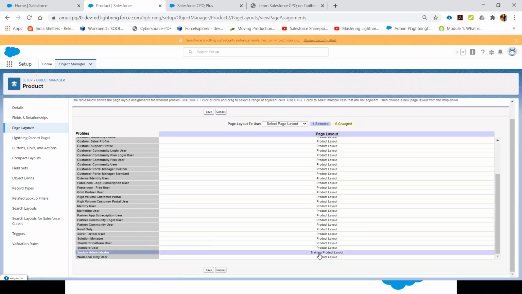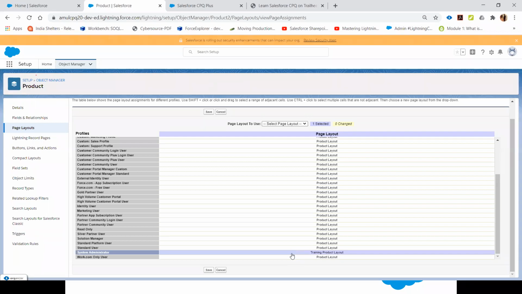So I'm using this training product layout. Why this training product layout? Because I have initiated my CPQ trial org. I haven't initiated it in my developer org. So this Salesforce CPQ training layout will only be applicable and available the moment you are using your trial links, the playground links that I talked about.